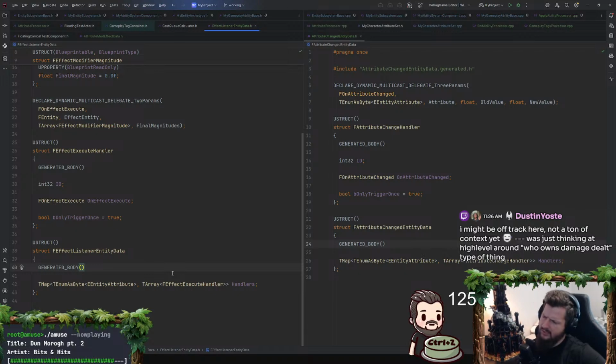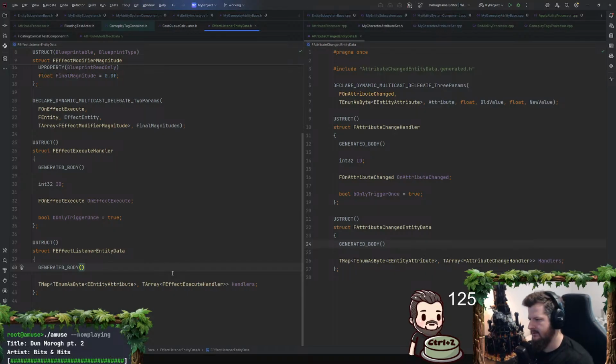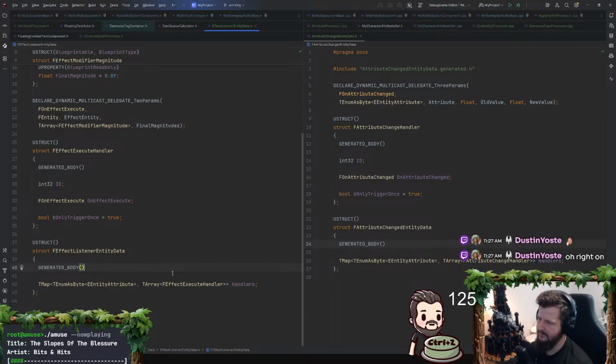Yeah, so I'm not trying to solve who owns the damage. I wrote my own ECS, which handles everything, and I'm trying to rewrite the gameplay ability system into the ECS. So every effect is an entity in the ECS. Entities have a collection of entity datas. Those entity datas, there are specific types of them that have effect logic on them. And one of them is just context data, which will have source and target and stuff like that, and ID.